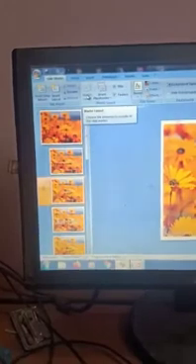How can we insert a picture on all slides? One picture will be inserted on all slides. How? You have to open a slide in the slide master view, click on the view button, and then click on the slide master option, and then here look, I have already inserted a picture. You have to click on insert and picture, and which picture you want, then you have to select it. In my computer only this picture is there. If you insert any other picture, then you can easily insert it.